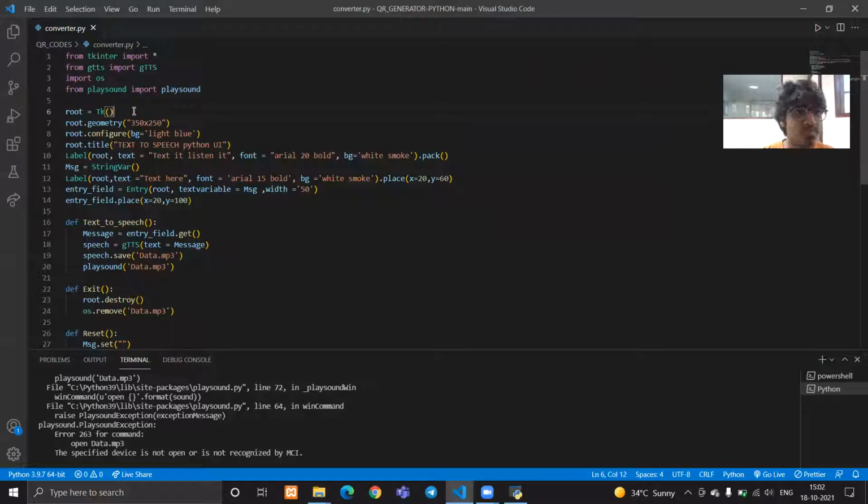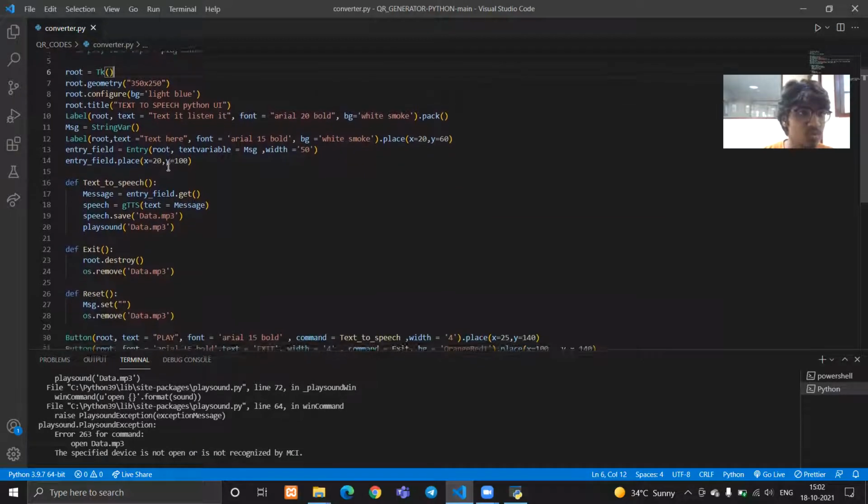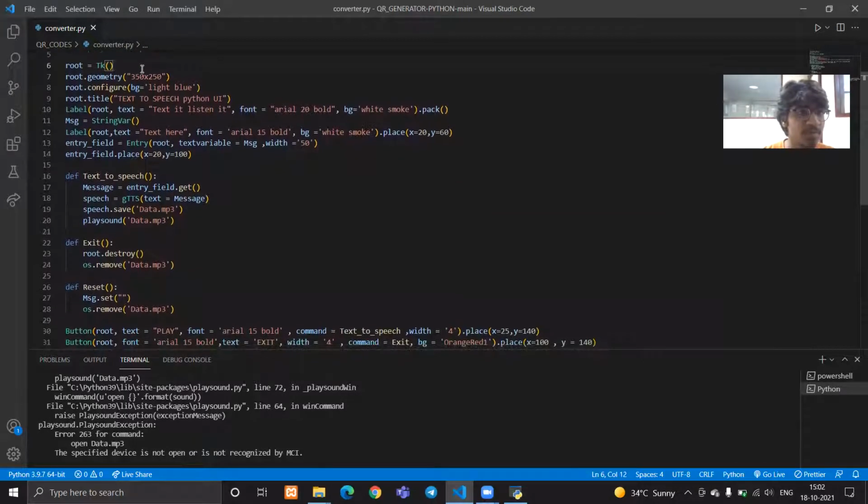So now comes the root code. This Tk method is a Tkinter method. This method is used to create the window frame of our Python GUI, and its value is placed in a variable called root.